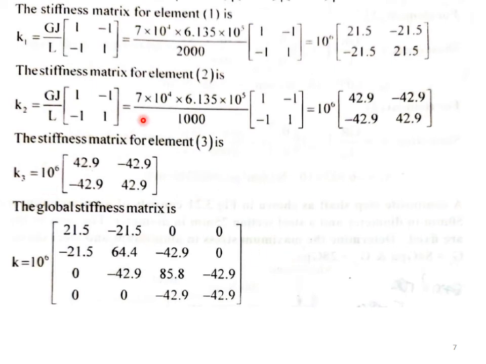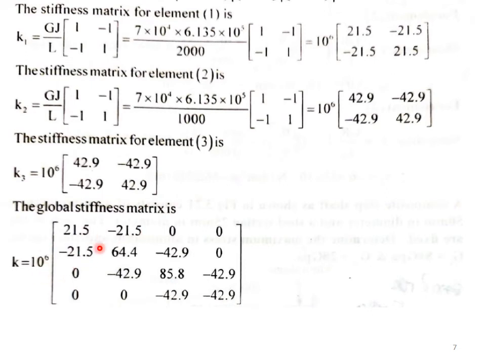So there are 3 elements with 4 nodes. For element 1, the nodes are 1 and 2. For element 2, the nodes are 2 and 3. For element 3, the nodes are 3 and 4. The global stiffness matrix has 4 nodes, node 1, node 2, node 3, node 4, horizontally and vertically. So upon adding, we will be getting this global stiffness matrix, that is K is equal to 10 to the